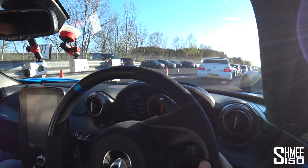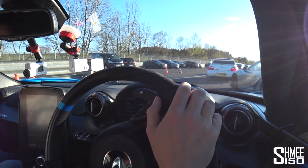So you could literally do half a lap and spin off to get your meal, to go get a lunch or something, or a dinner. Or groceries. Maybe we should do that. That'd actually be quite fun. Check out the trunk space as well. Maybe not, we should do it in a Ford GT. That's totally a Ford GT video. Anyway,